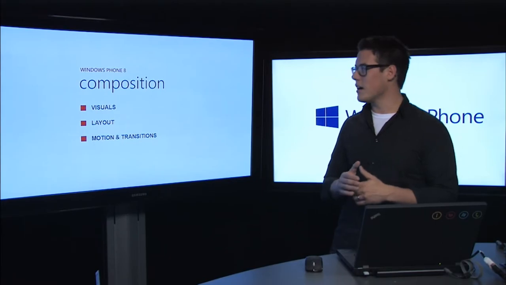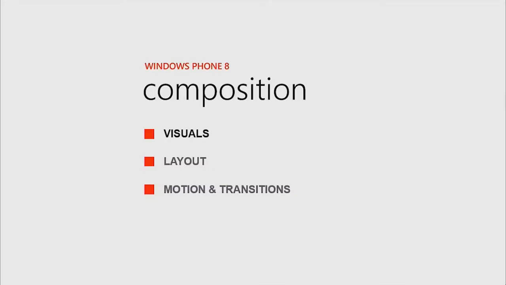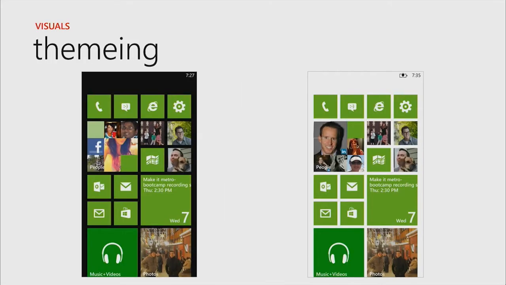So I've broken composition up into three different departments. There's visuals, there's layouts, and then on Windows Phone, we're big and heavy on motions and transitions. We love motion and transition as well as the visuals. One of the biggest pieces of the visuals for Windows Phone that everybody sort of realizes and talks about is that customization piece. How beautiful it is and how you can really reorder that start screen using live tiles and